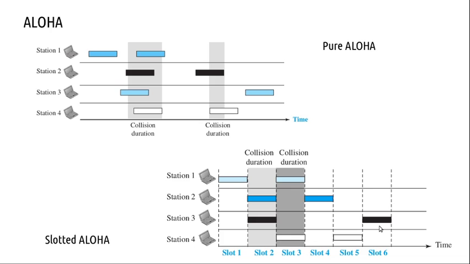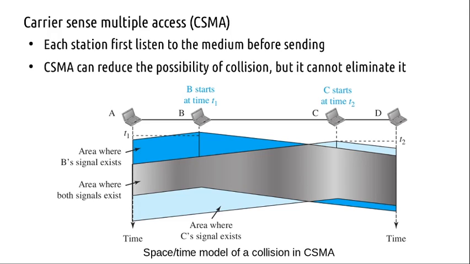This was overcome in other variants of Aloha, and other variants do exist, but we'll see another random access protocol, carrier sense multiple access, which is a more evolved form of Aloha, and